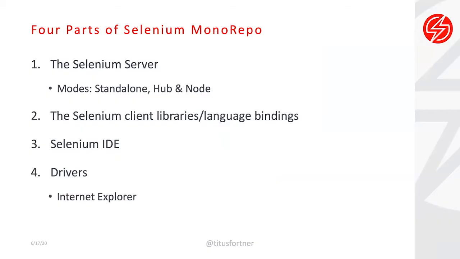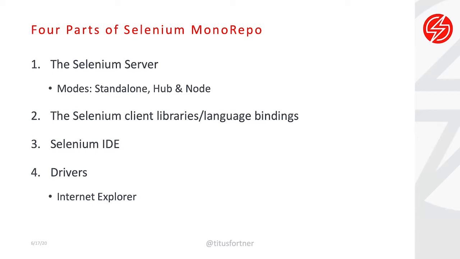Essentially, we've got a monorepo, which is all of the code for Selenium stored in one repository on GitHub, including some of our built binaries, which is not usual for GitHub, but that's the way that Selenium wants to do it. We want to make all of the resources that you need to build it available to you in the project itself, is the philosophy that